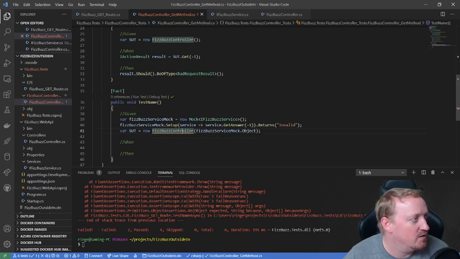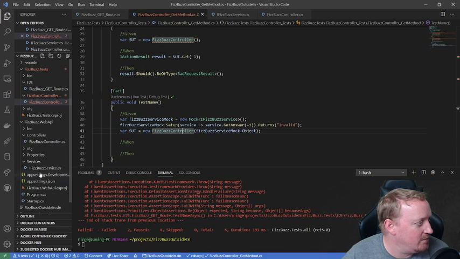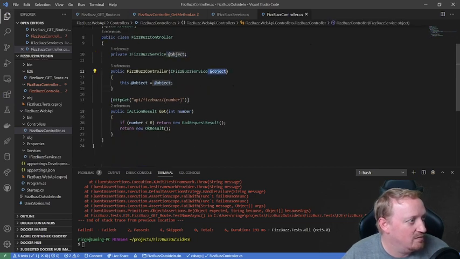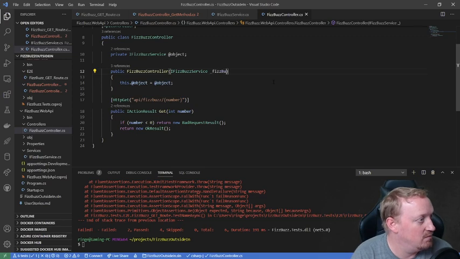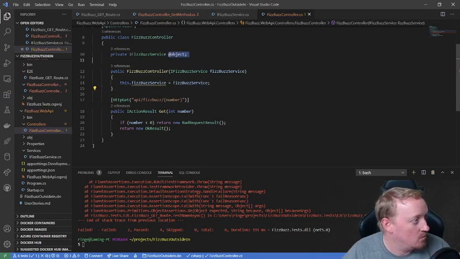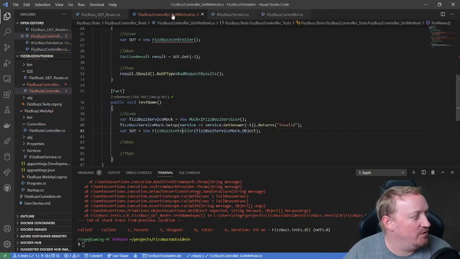And if I go take a look at my controller now, I have this object. I don't really like the idea of naming it object, so I'm going to fix that. Okay, now with that in place,